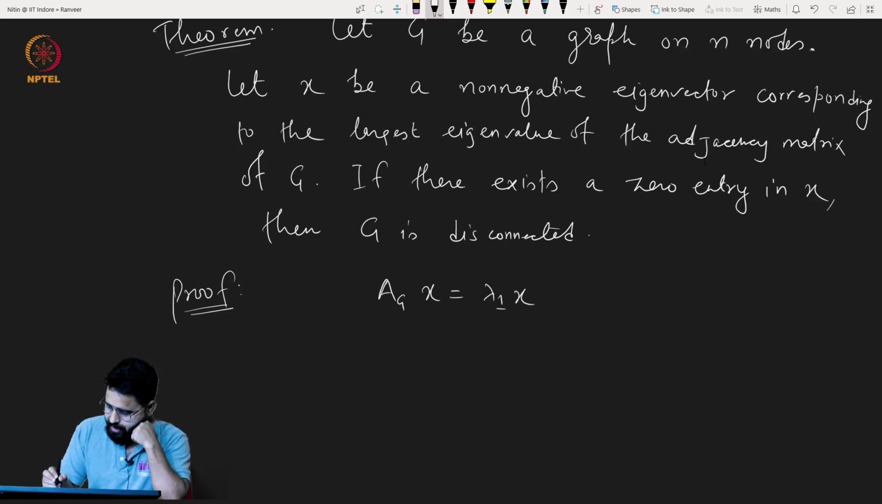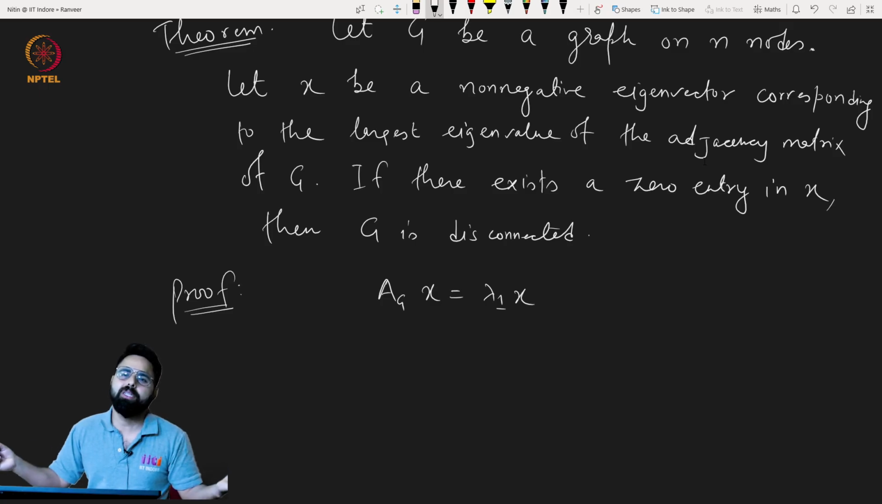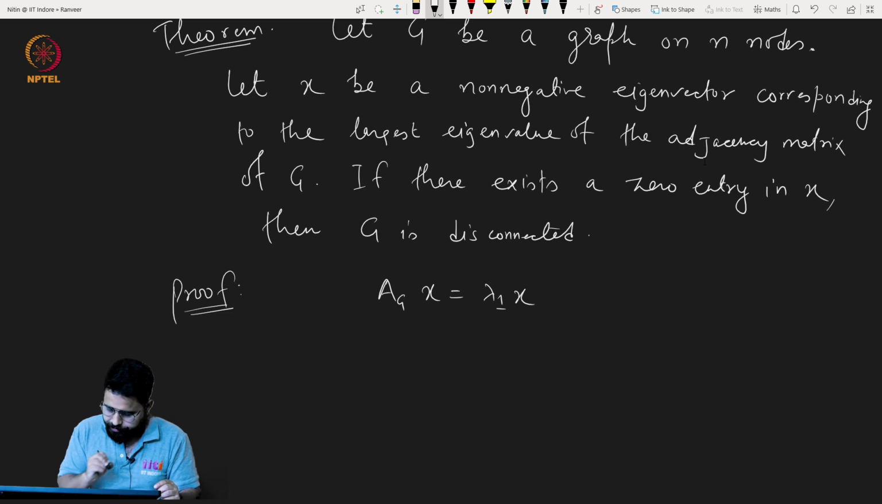Now let us make two groups of vertices. It says that in x, there are some zeros, so let us consider there are some zeros. Let us make two groups of vertices. One group is the H group. So H consists of all the vertices